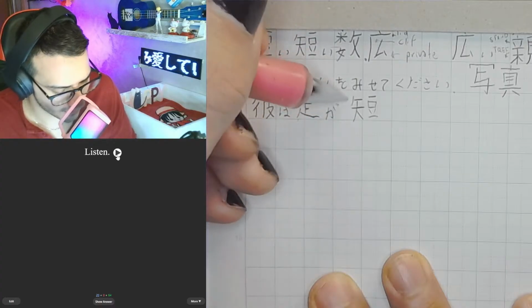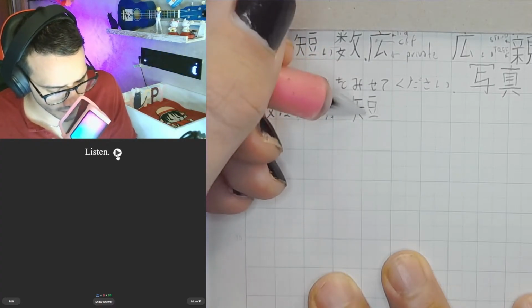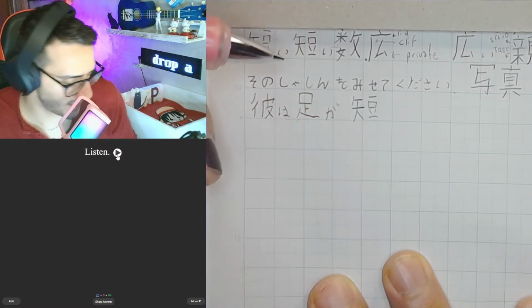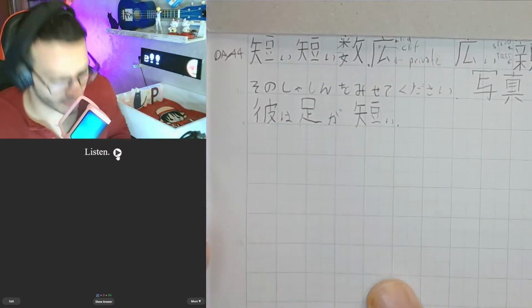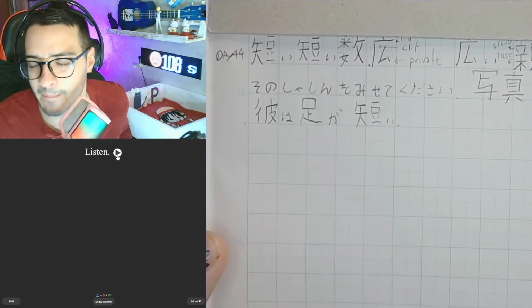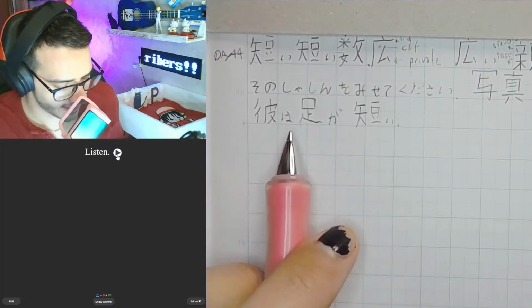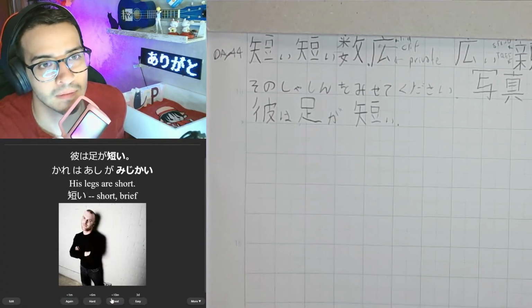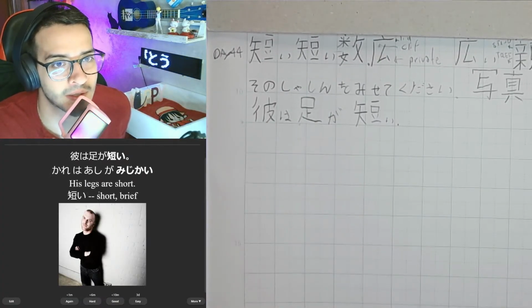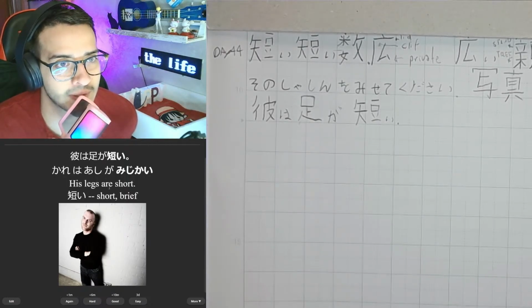So you need, let's say, a short arrow to shoot beans. 短い. So the meaning of the phrase is: he has short legs. His legs are short. 彼は足が短い。